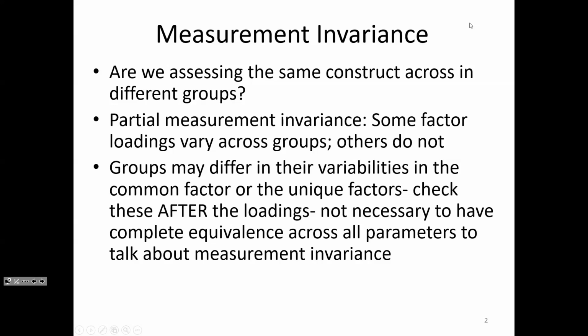So, partial measurement invariance, right? People don't necessarily want to throw out their entire model just because one or two items aren't working well. Which, as we said, one option could be to throw out the item. If you have tons of items, especially in the validation stage of an instrument, that's exactly what you would do. You'd say, this item doesn't work the same way across the two groups. A lot of times that's what testing companies do. They test for measurement invariance, find items that don't hold, and throw those items out and don't use them.